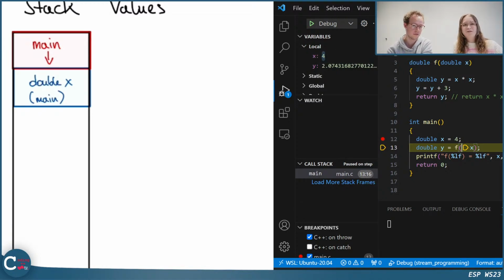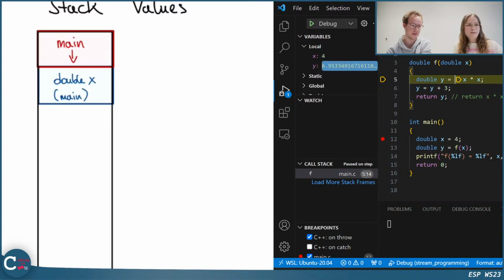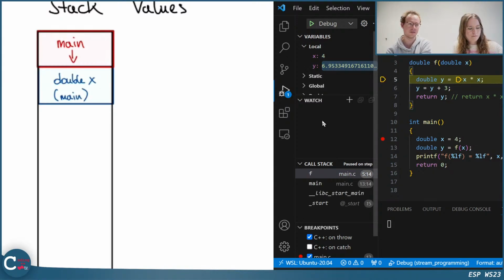Maybe you can also see something interesting, that the variable y has some random value in it right now, because it exists, but we haven't assigned any value to it yet. Okay, then we continue. So we jump now into this function. So we now are in function f,